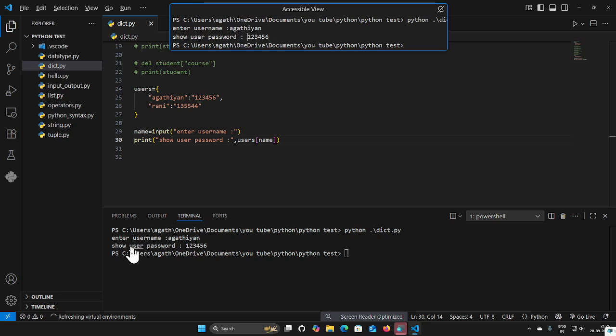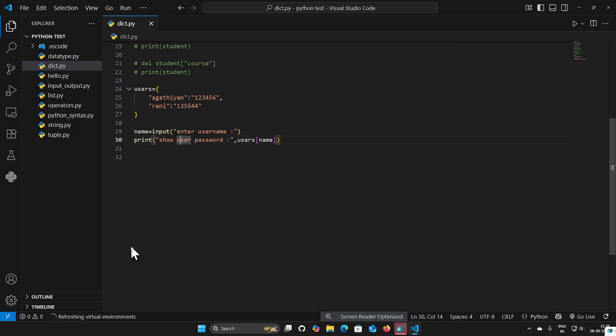This time I created the main username. I get the data from the user, and after input, I fetch that name from my user dictionary. So this is how a dictionary works. We can store the data, and we can get the data using the name. So this is very important. So you must learn this.